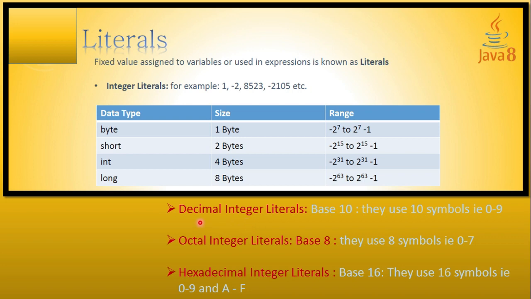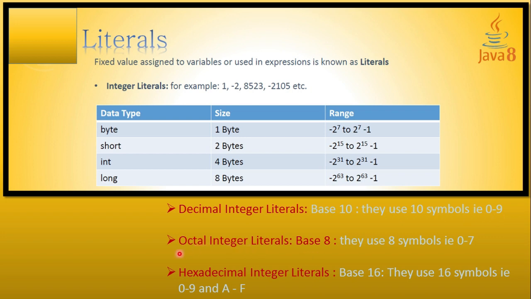So the meaning is decimal integer literal. Have you used decimal integer literals in your life? You may be answering easily, sir, we have not used this one at all. But you have used it and you are using it. The decimal integer literal is the system that you are using in your daily life. The numbers have 10 symbols, 0 to 9. That's why we say base 10. What do you mean by base 10? The number system which has 10 symbols. Which are the symbols used over here? 0 to 9.